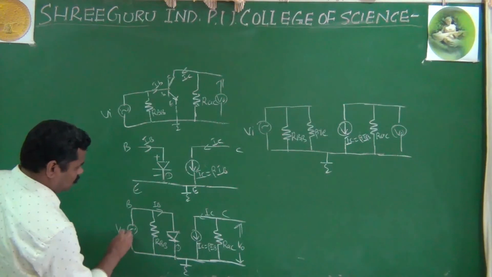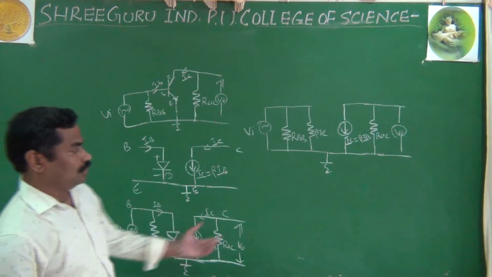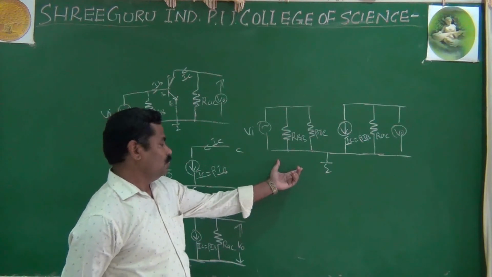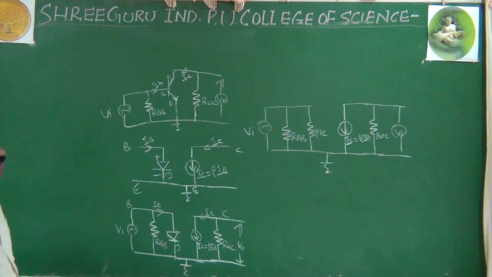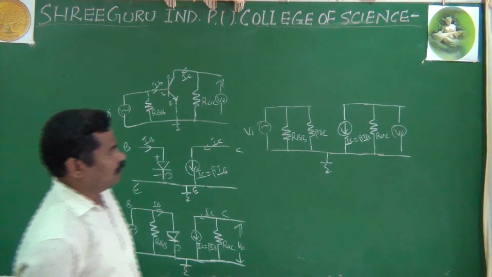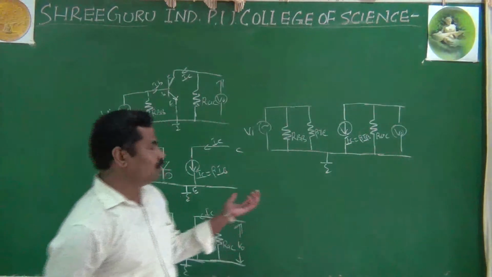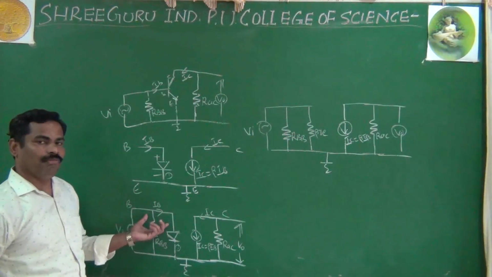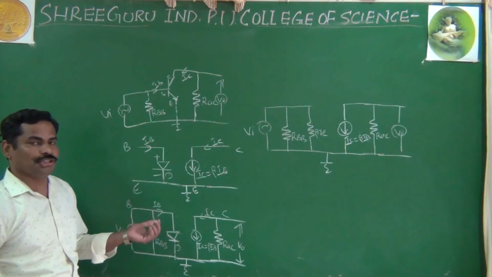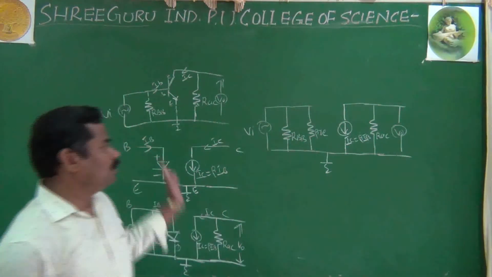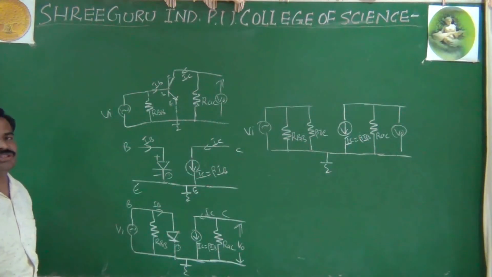This is nothing but the AC equivalent circuit of your CE amplifier. An important thing to note is that you have removed the transistor and the diode, because they are active components, and as I said, it is very difficult to find the current and voltage for active components. That's why everything is done using resistances, because with passive components it is very easy to find the currents and voltages.